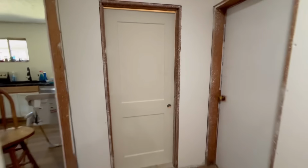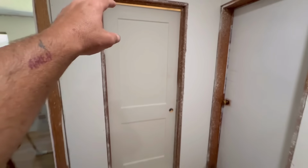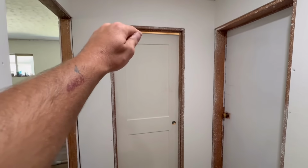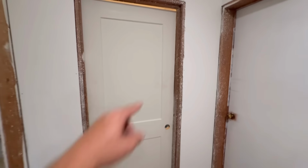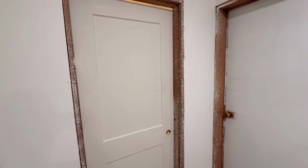So we have it put up here. Nothing is screwed in yet, but we just wanted to make sure everything's gonna fit, y'all. So the height, perfect. The width, I don't know. I don't know if we're gonna have to sand down part of the door or if it's gonna...